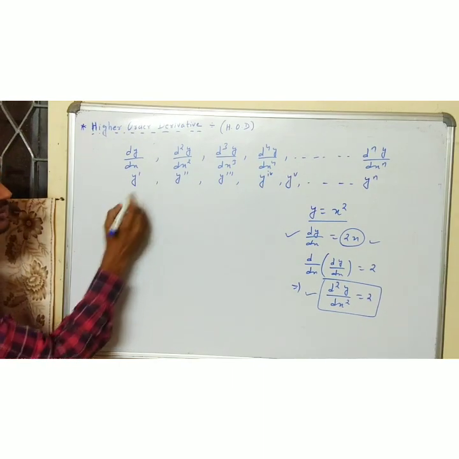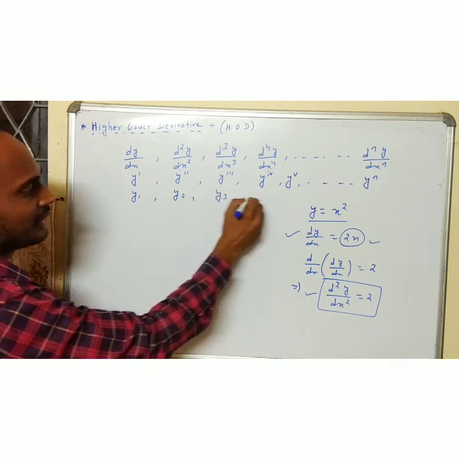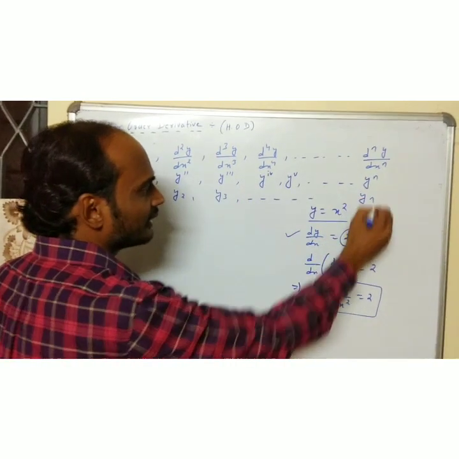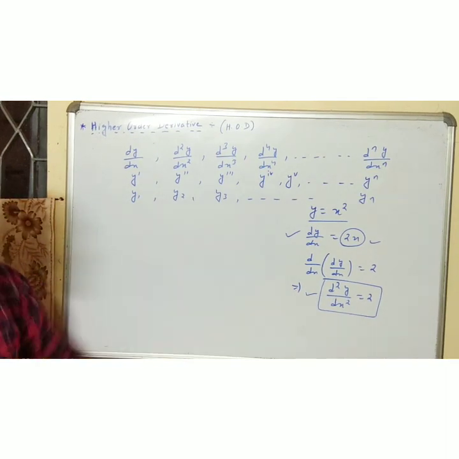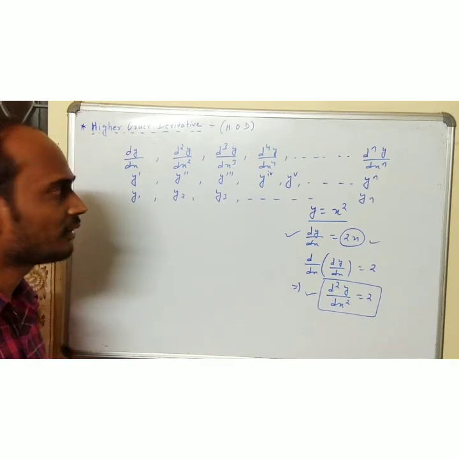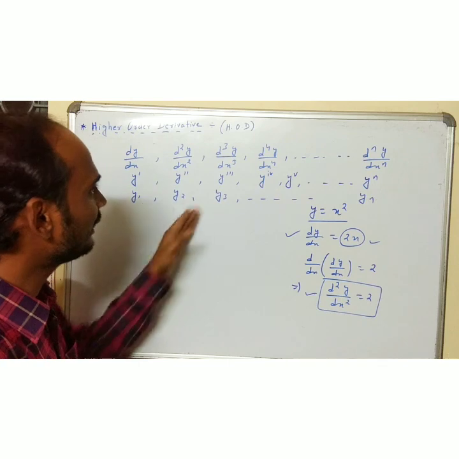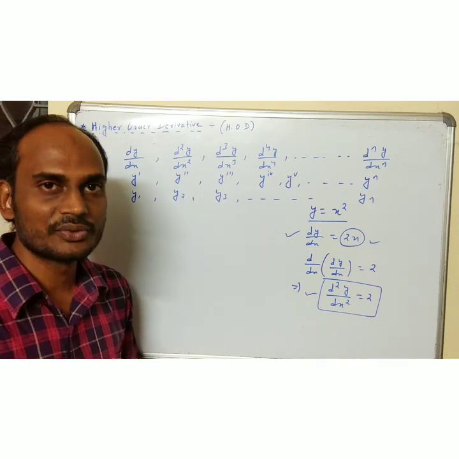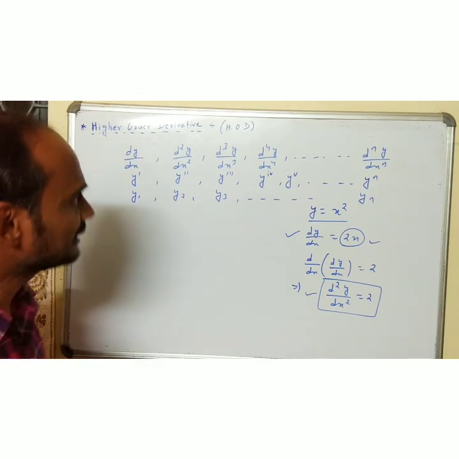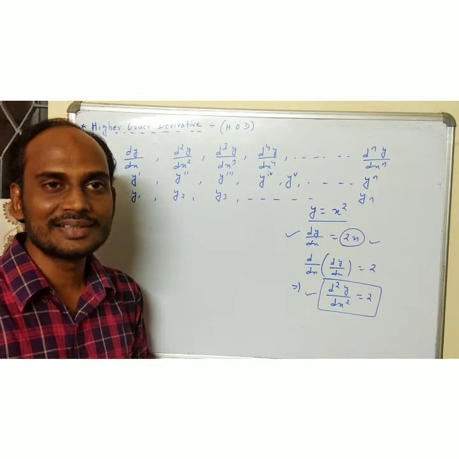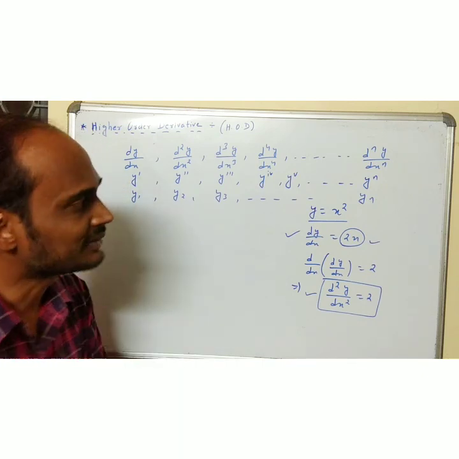Another symbol is also used here: y1, y2, y3, like that up to the nth order differentiation we can write yn. You can see that in the subscript we are writing y1, y2, y3 like this. You have to know these symbols or notations, because in examples or in the book you will have questions where any of these notations may be used. If you know these notations, then you can do the questions very easily. So remember children, this is not a difficult part, we are just finding the derivative 2 times or 3 times. After that, now let us do some examples of this.